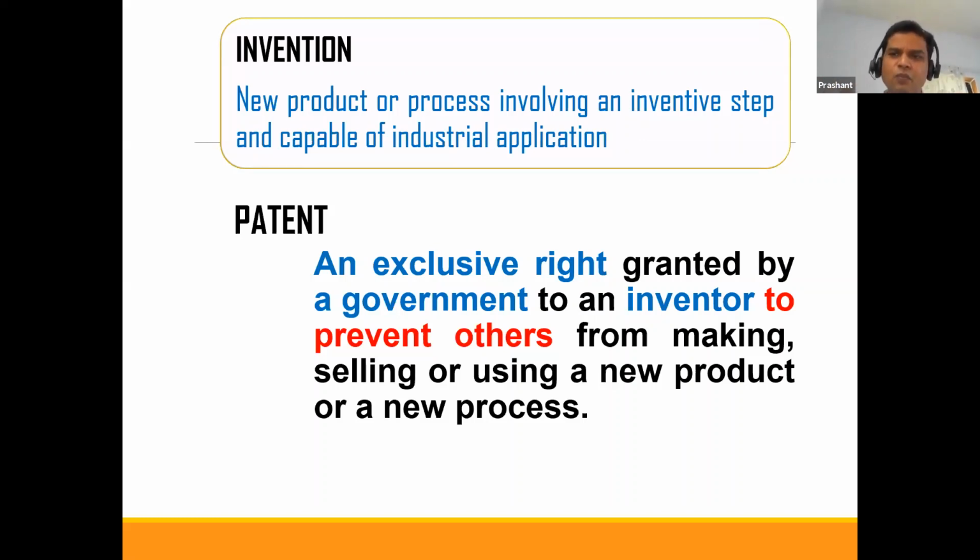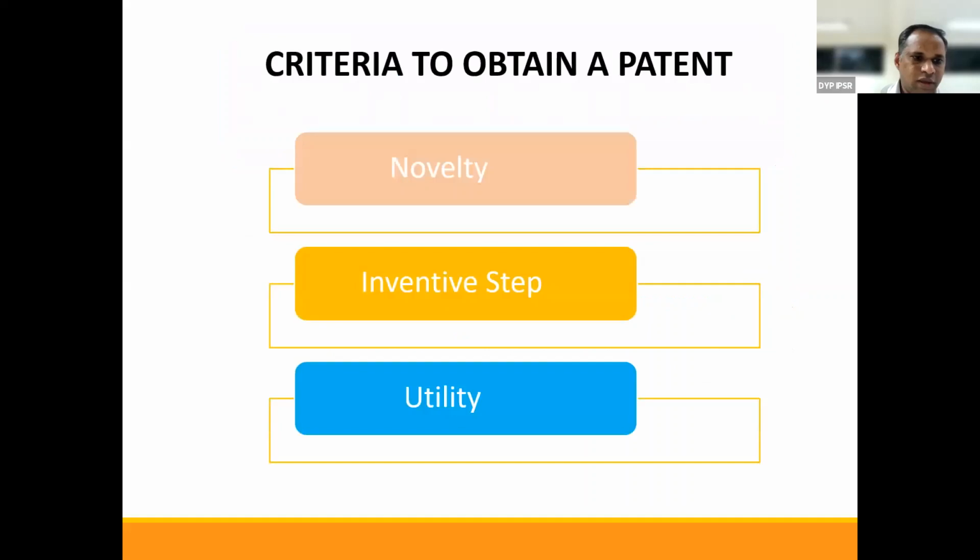It is kind of giving you a monopoly to stop others. The Act never says what you will get after getting a patent. Instead it says that after getting a patent you can stop others from copying your invention. So this is why we call it a negative right. Okay, I'll take some time to explain the criteria of novelty, inventive step and utility. You can stop me anywhere if you feel this part is not understood.